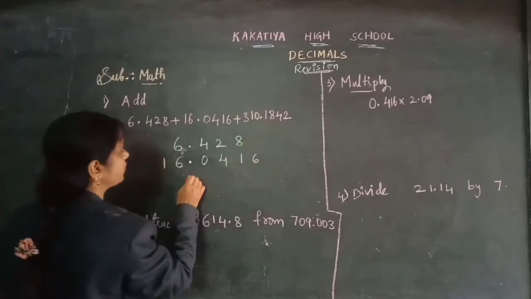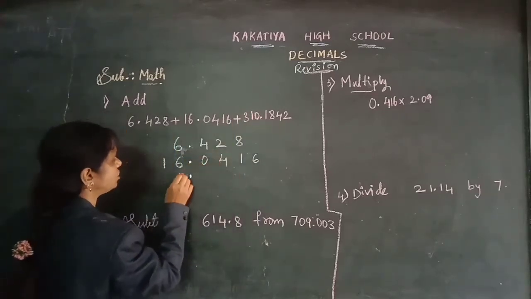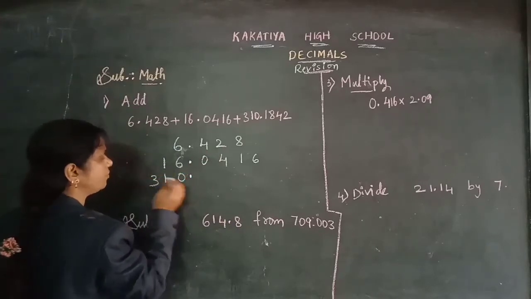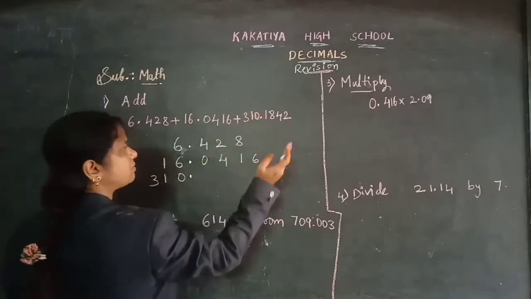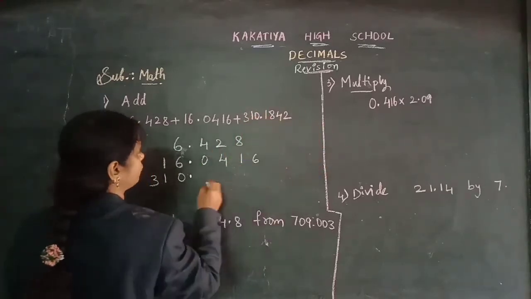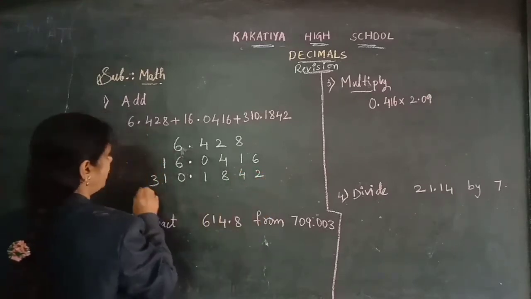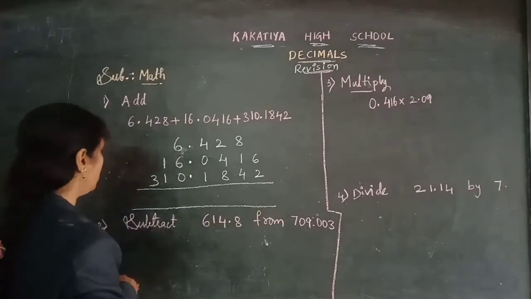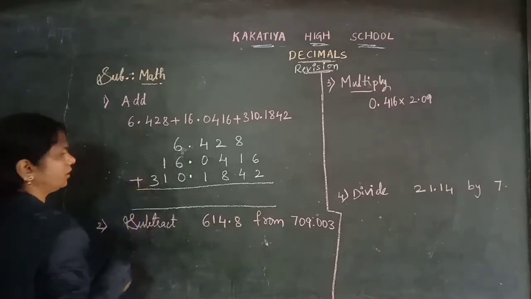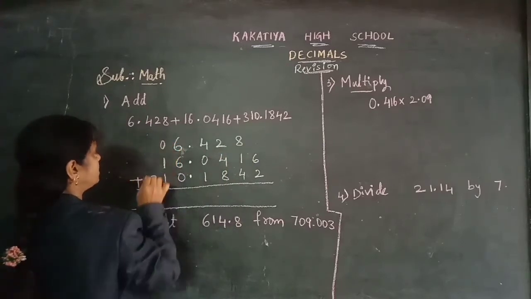Now here also, decimal point first. Decimal point left side integral part 310. Okay. You arrange from left to right, right to left, children, better. Next, decimal part left to right here, 1, 8, 4, 2. Let's add this. Yeah, here. How to add here? Now, here we don't have the digits, children. So we can keep the zeros here.